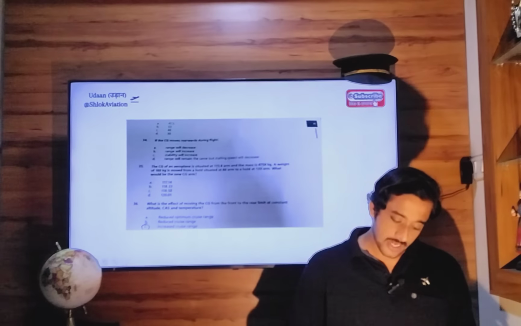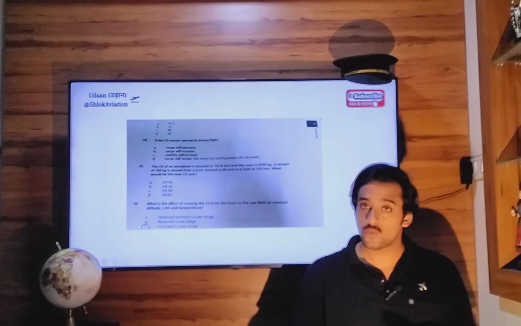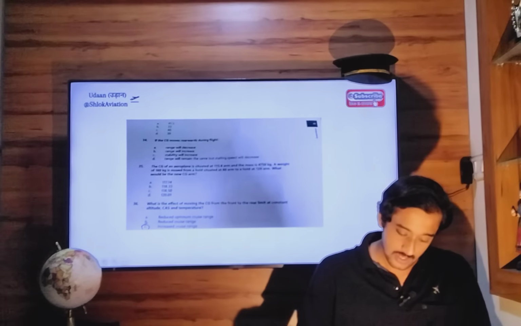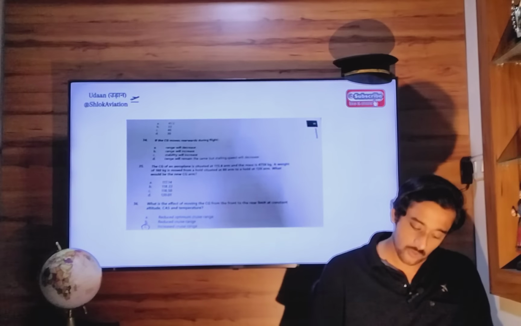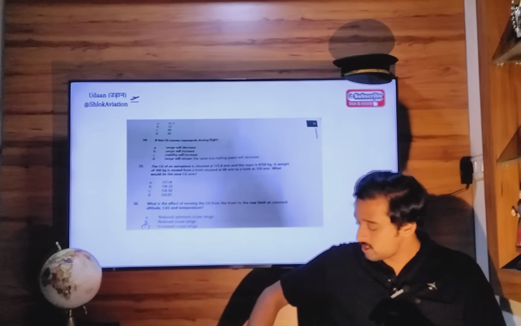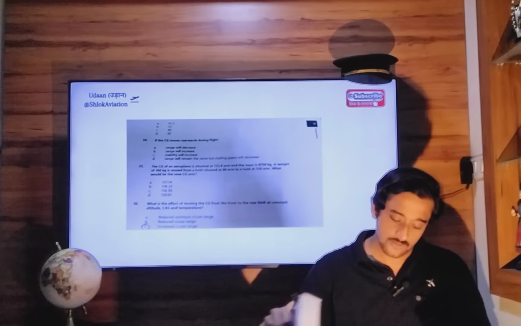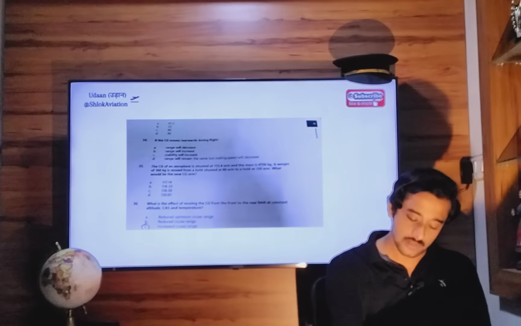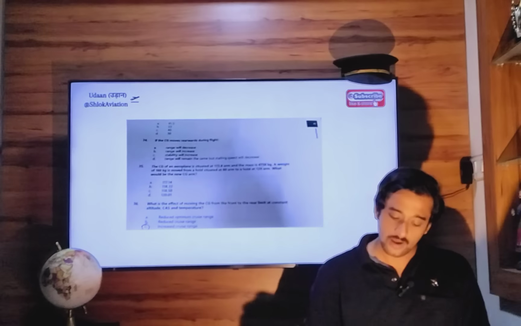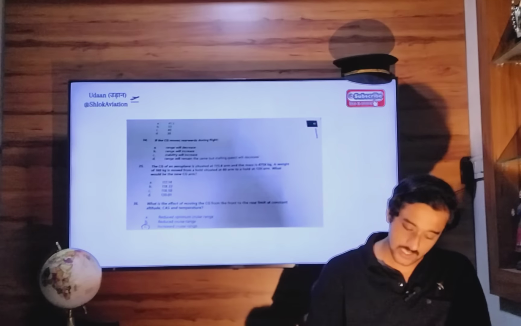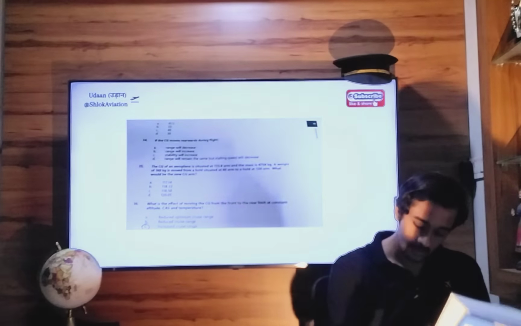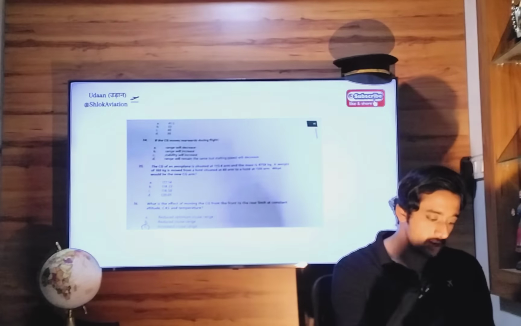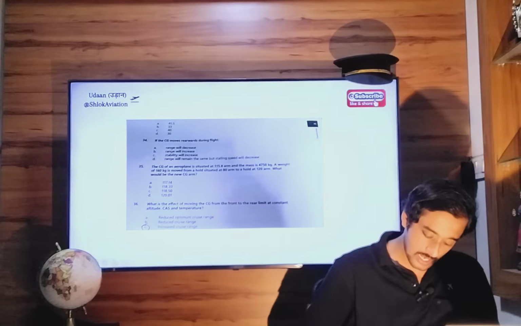The center of gravity of an aircraft is situated at 115.8 and mass is 4,750 kg. A weight of 160 kg is moved from a hold which is situated at 80 arm distance to a hold at 120 arm distance. What would be the new center of gravity? So the formula is